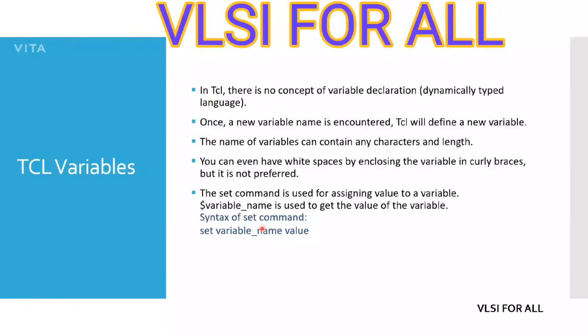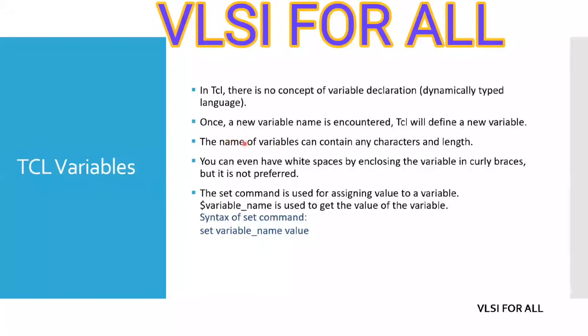In other languages, there are certain languages where you have to explicitly define it as a variable. But in TCL, when you just use it anywhere in your code, you can start using any variable anytime. You don't have to declare it in the front of the code or before using that variable. If you have a big piece of code with set A, B, C, anytime it encounters a new variable name, TCL will define it as a variable. You don't have to explicitly specify anywhere it is a variable.